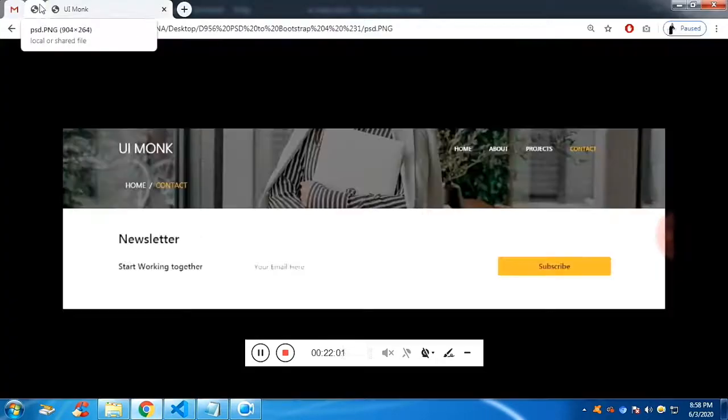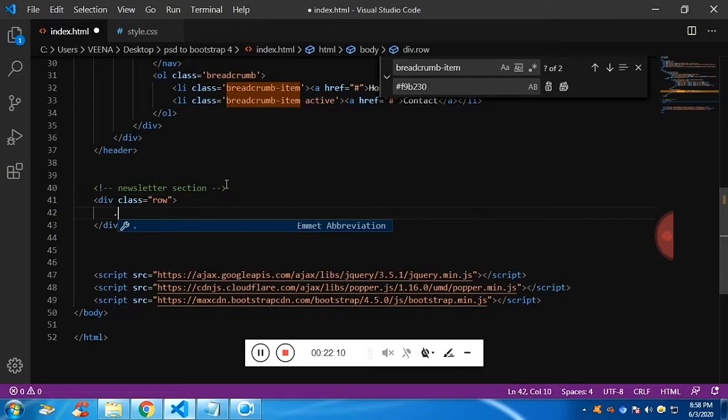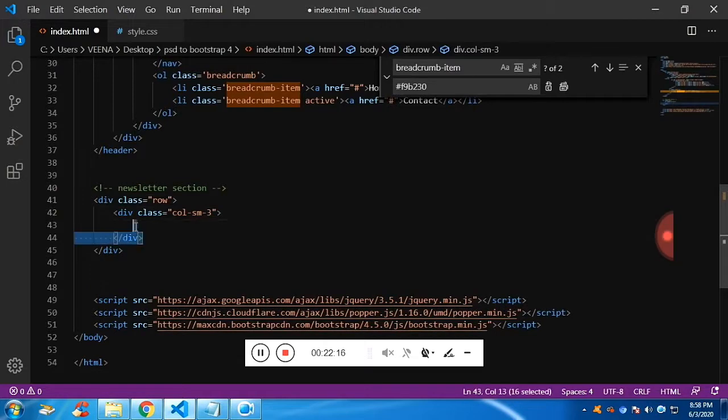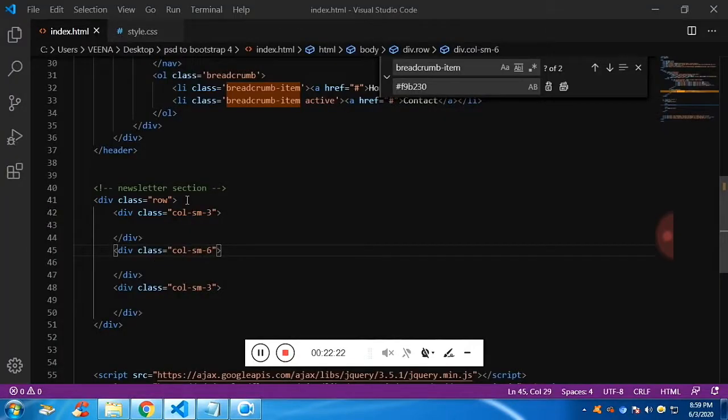So you can see it has 3 columns and it's a row. Let's create a row with 3 columns, and each of them would be of 3, 6 and 3. So the total is 12. The first one is paragraph, and the second one is input field, and the third one is simply the button.